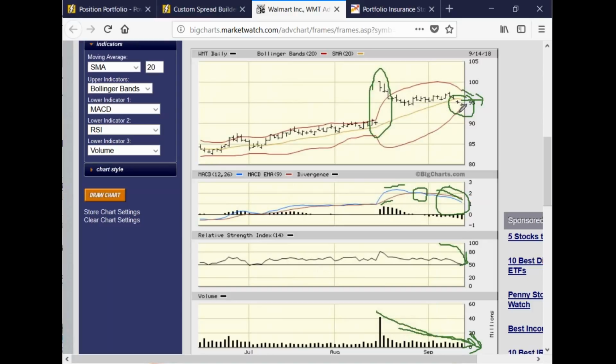The Bollinger Bands are condensing, but it's moved just below the 20-day moving average. The MACD is below the signal line and dropping, and the RSI is dropping as well. I'm not saying it's going to drop to 90. I'm not going to say it's going to go back to this point here at 89 where it was trading before the earnings. What I'm saying is usually when I open a bullish or bearish position, I tend to follow